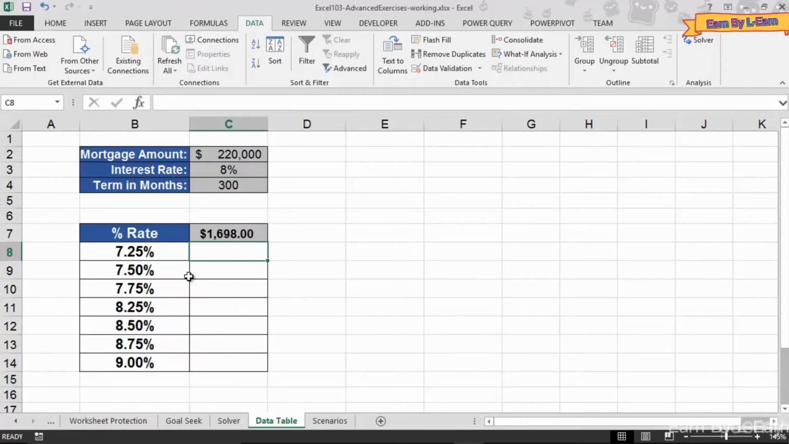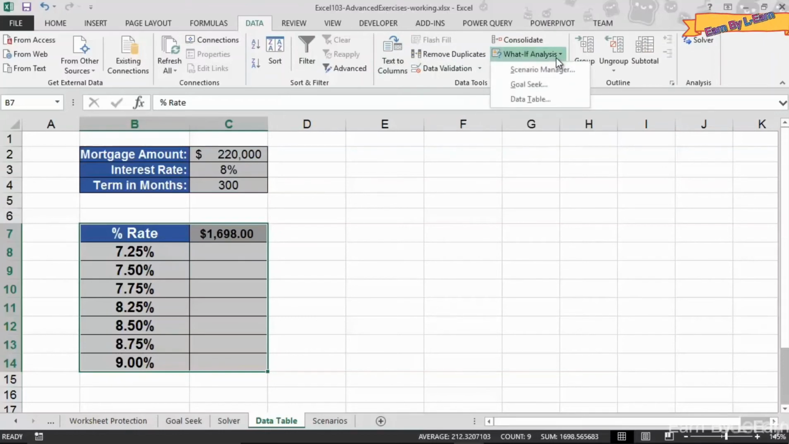for the next 300 months. All right, so now I've got my single variable data table set up. First column, alternatives. Second column, first row, the formula. And down below, Excel's going to fill in the rest for me. Now, once that's set up, this is a very simple process. Here's the first step to actually convert this into a data table. First, I select the table from B7 down to C14. I'm then going to go to my Data tab. I'm going to go over to the Data Tools section into What If Analysis,